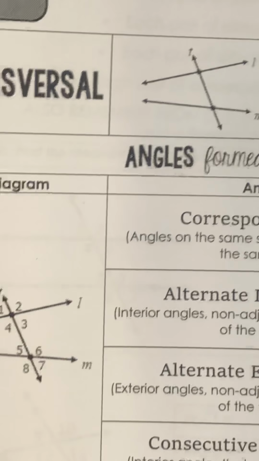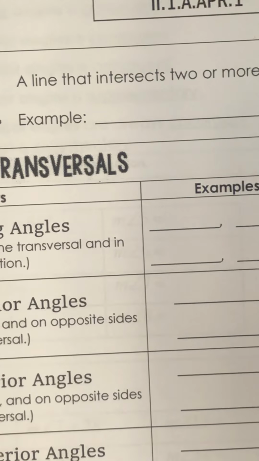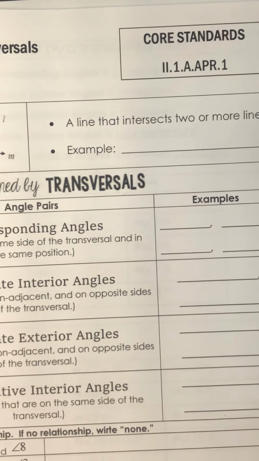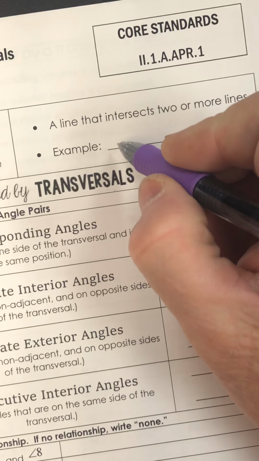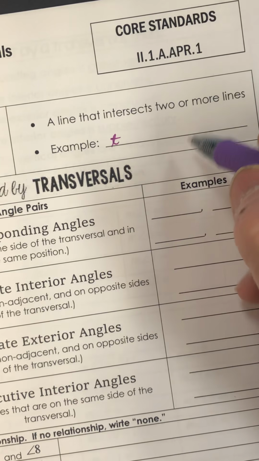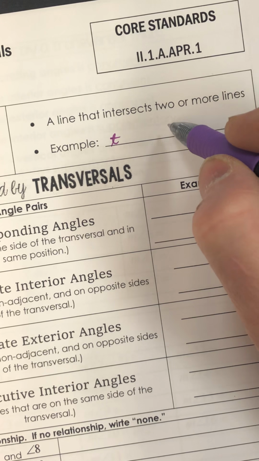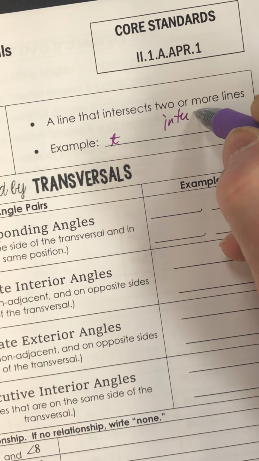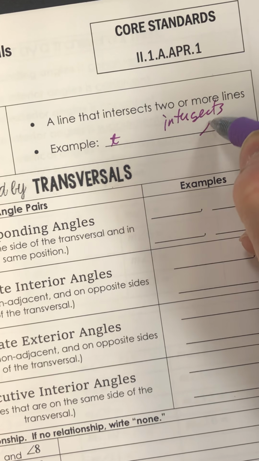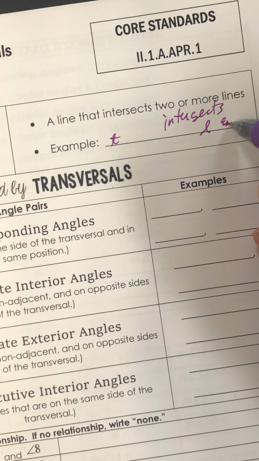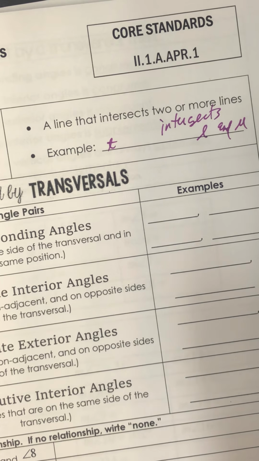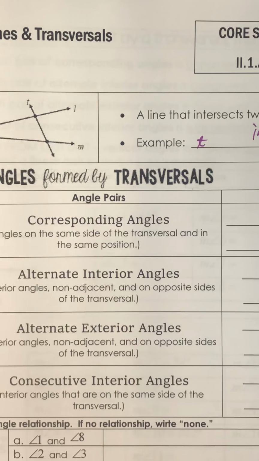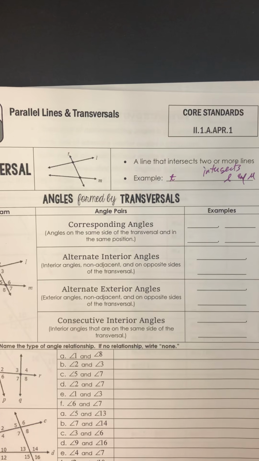Over here in the notes, a line that crosses or intersects two or more lines. An example would be like T, and it intersects line L and line M. All right. Now, if we move down a little,